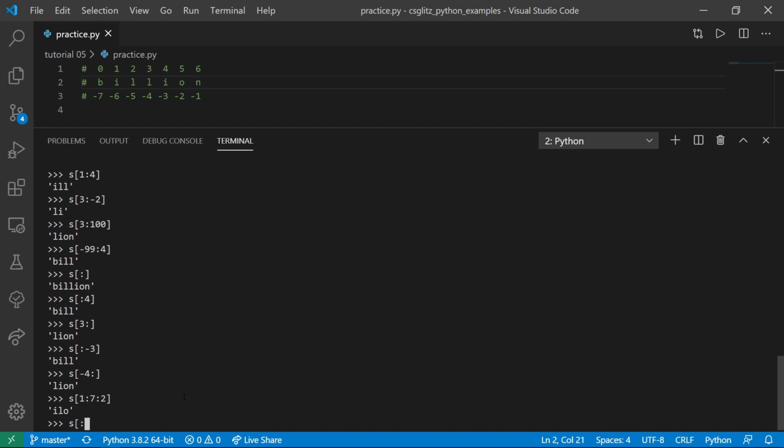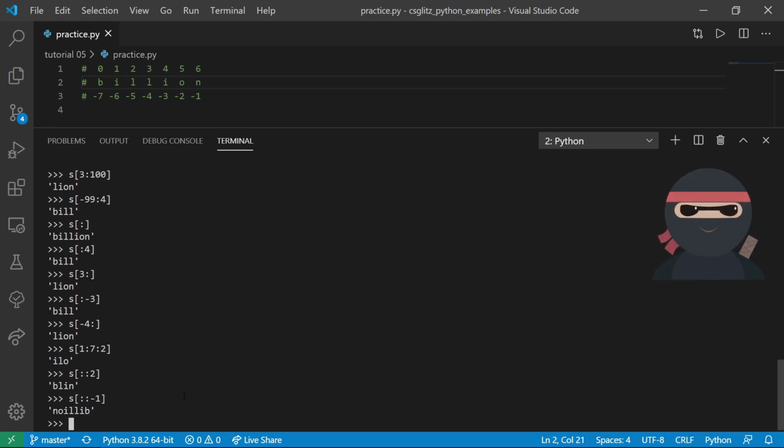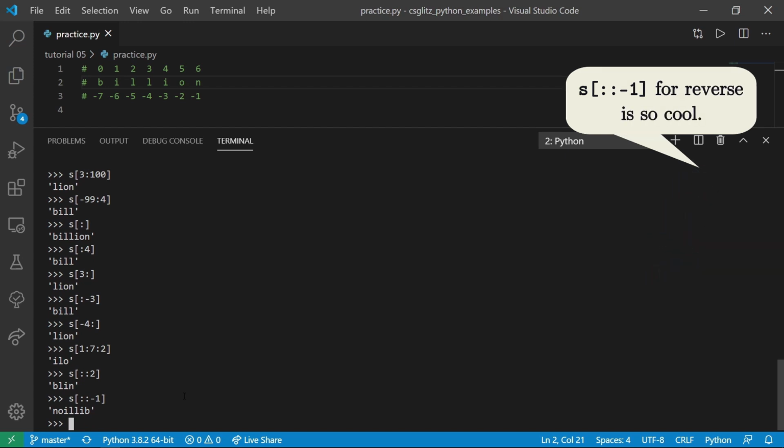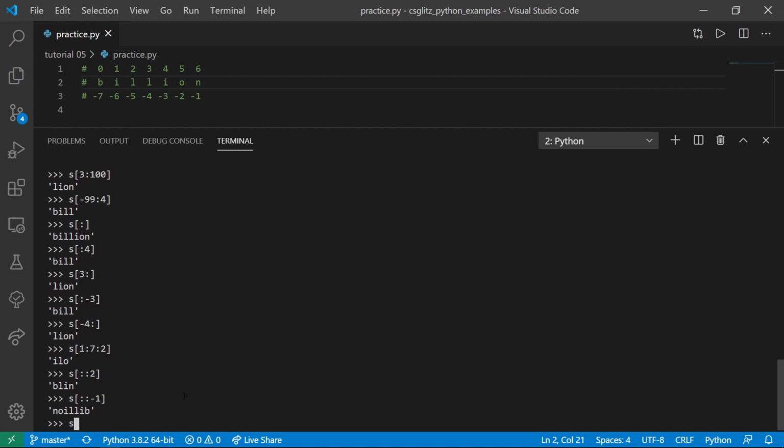Similarly, this will start from the first index and go up to the last index, while taking every second character. If we put a negative step size, then it will start from the last index and go up to the first index. This is the easiest way to reverse a string in Python, and this will take every alternate character in reverse order.